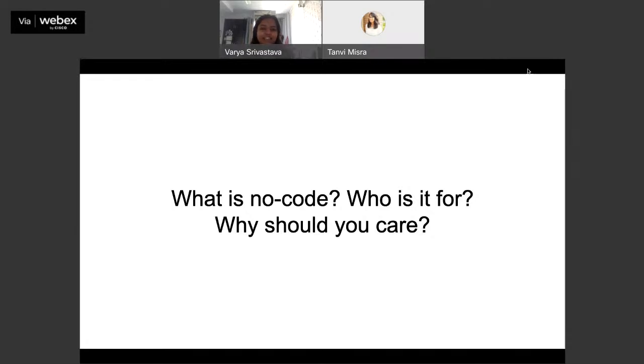And the reason that this session is positioned at the part of the bootcamp that it is, is to tell you that up until now you've learned a bunch of technical skills. You've learned about robotics, drone building, Arduino circuits, and whatnot. You've learned about Python, HTML coding. And today I'm telling you that you might not have to know all of that to build your product. And there are two reasons for that. One is that knowing something and using something are two different things. You can have very good knowledge about a specific area.